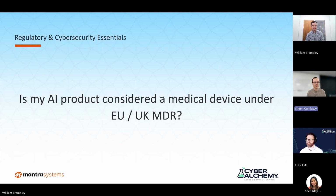But we have a lot of clients come to us and say, can you help us with whatever? And always the first thing that we ask is, what information is it providing to the user? Sometimes there's a bit of a grey area where it's hard to know whether the information being provided to the user truly is having a diagnostic purpose or a therapeutic purpose. But